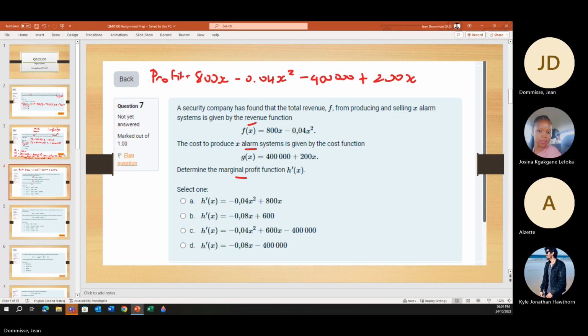So revenue minus cost is the profit, and then if we take the first derivative of this, we can get